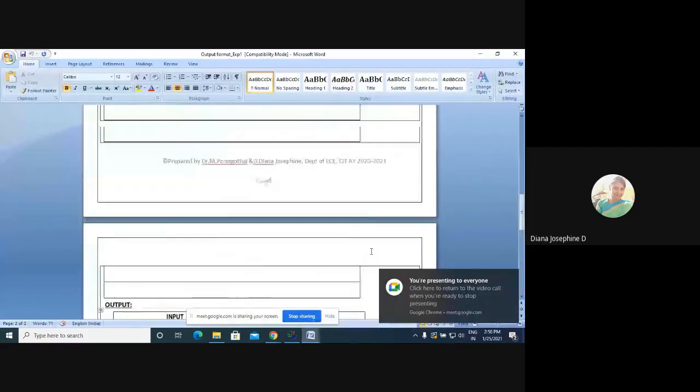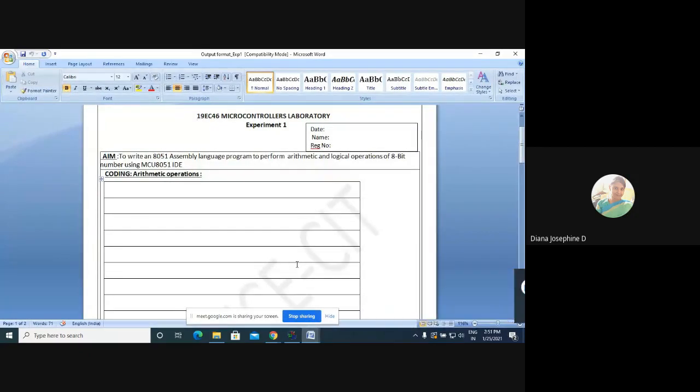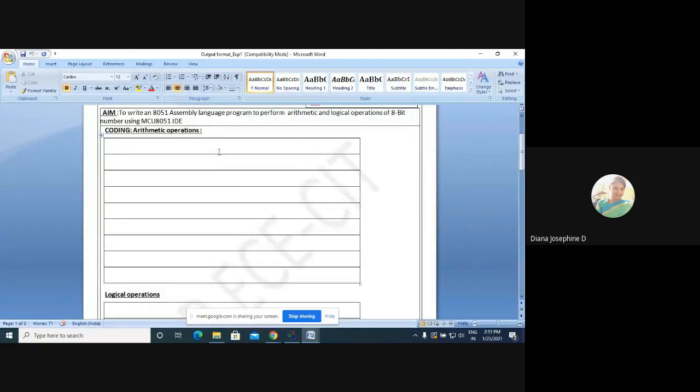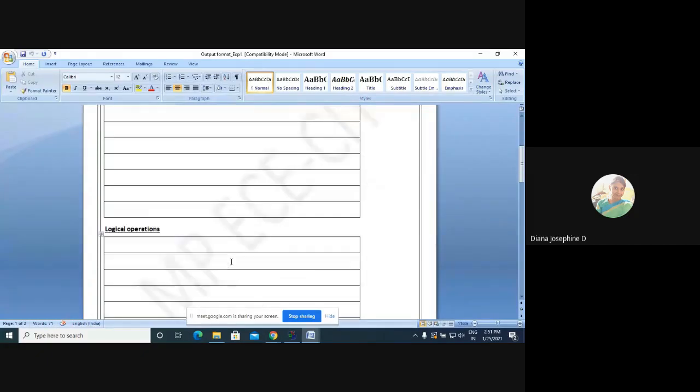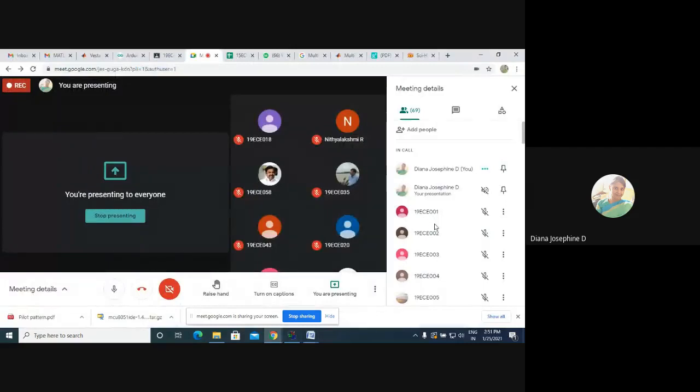So this is the output sheet. So you'll be given this blank sheet for each experiment. You should write the code, draw the flow chart, and write only the output. Okay, so maximum only 2 pages you'll have this output format for each experiment. And after the end of each experiment, in some 2 or 3 days, you have to submit this output sheet in the Google Classroom.